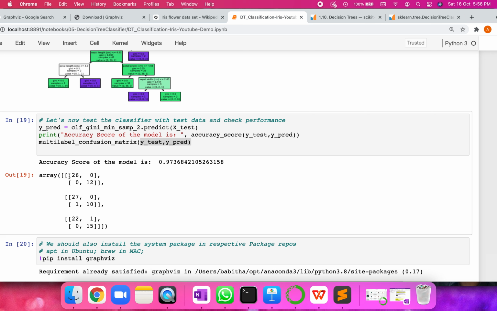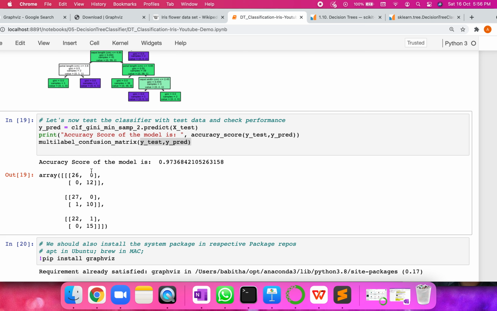We have three species, right? For the first species, this is the score. Now what does this score mean? I mean, this is not a score exactly, this is again the confusion matrix. What this means is, let us say I have fed 26 samples where it is setosa, and it has predicted 26 times right out of 26, right? And for that particular setosa, did it predict anything as not setosa? That is coming out here, right? So that is what it is indicating. So we haven't done any wrong predictions here.